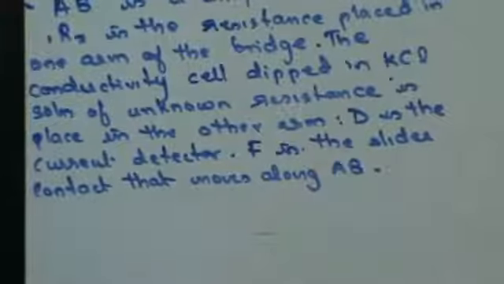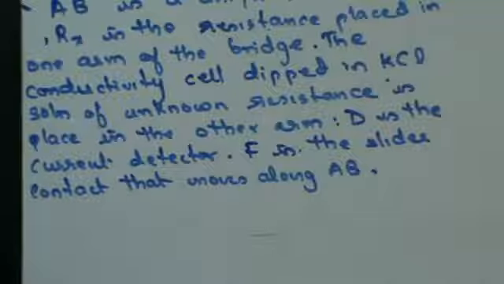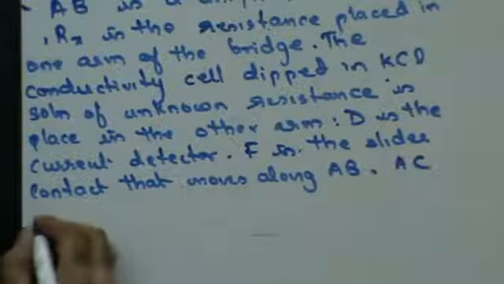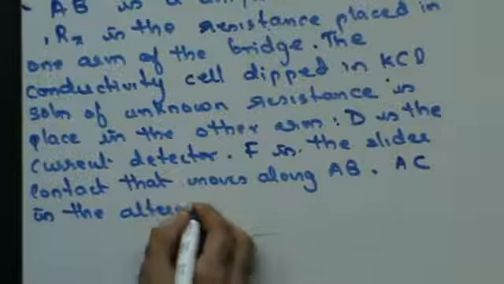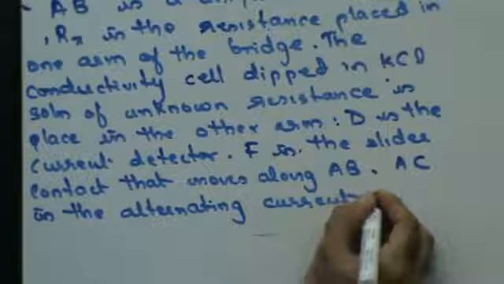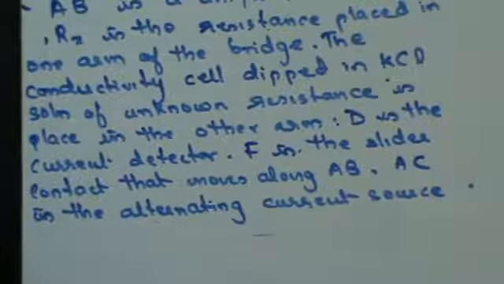So that's my entire setup, right? Now, AC is the alternating current source. Now, the slider contact moves along AB, keep moving it along AB such that D shows